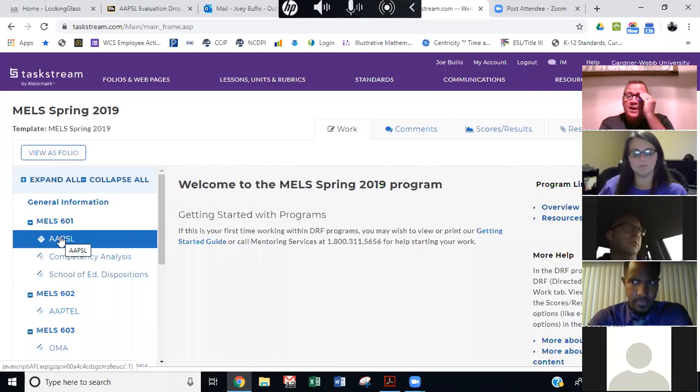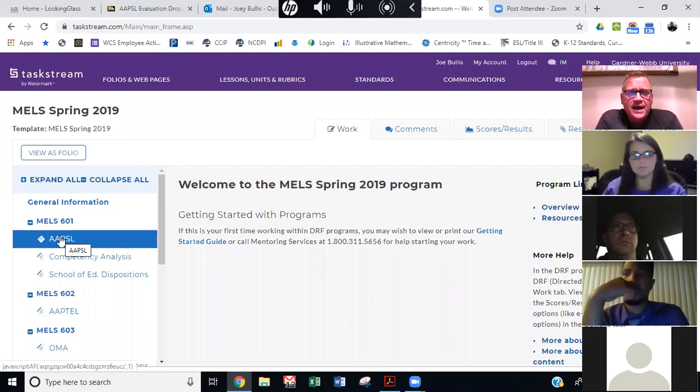Now, depending on the time of the semester, if you're pretty much staying on track and got a good timeline of submitting the documentation, then when you submit this, and let's say it's two-thirds of the way through the semester, then you may hear back from that evaluator within an hour. It could take as long as 24 hours.